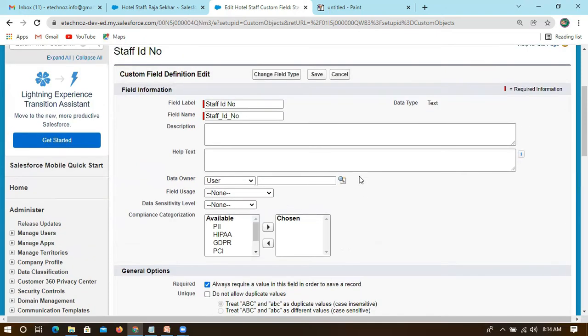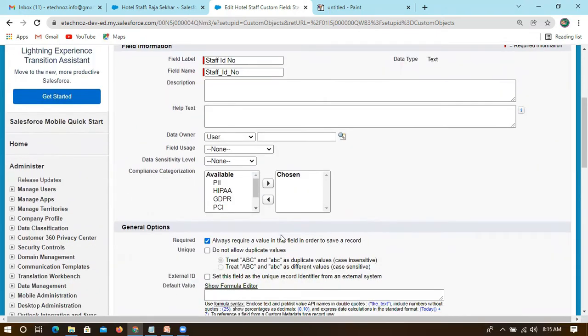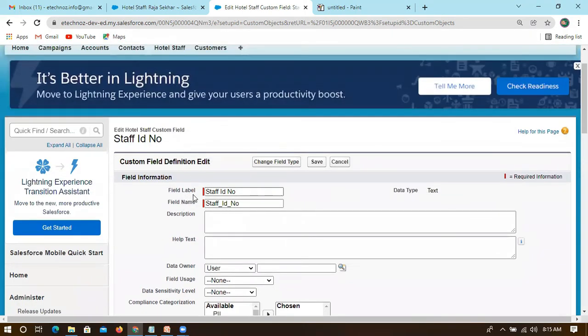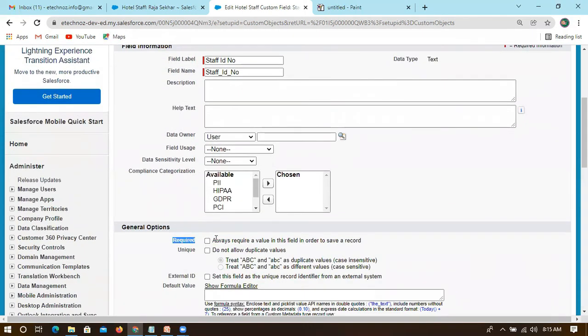Okay, no problem. This way we can change it also, but I don't require this, because of what will happen. Yesterday we discussed that if I put required at this schema level, it will be available for all profiles, not only this profile.